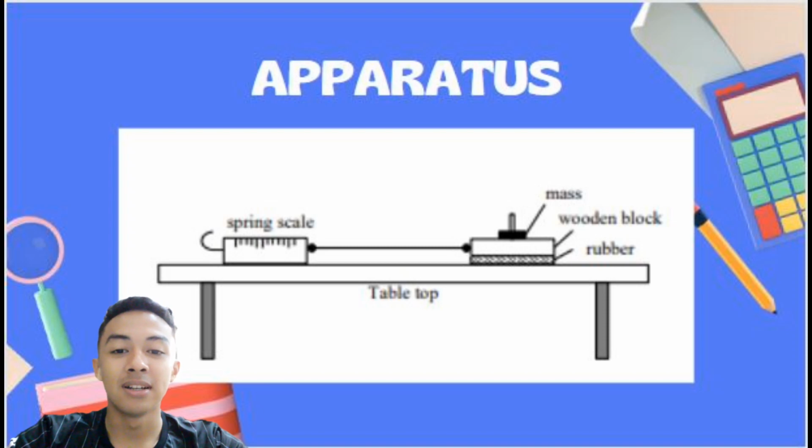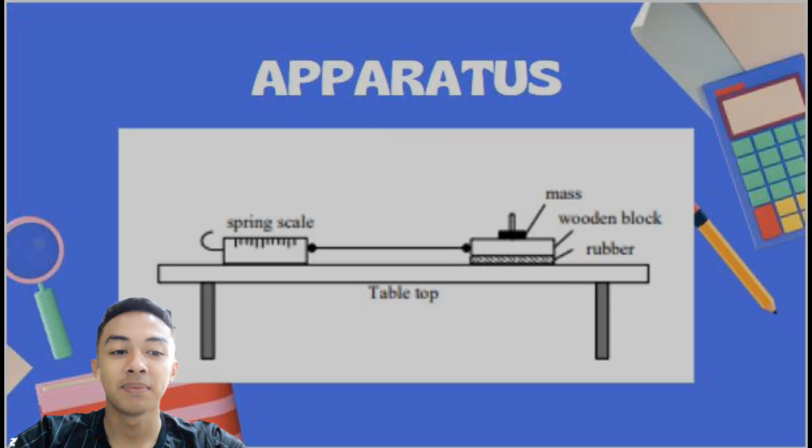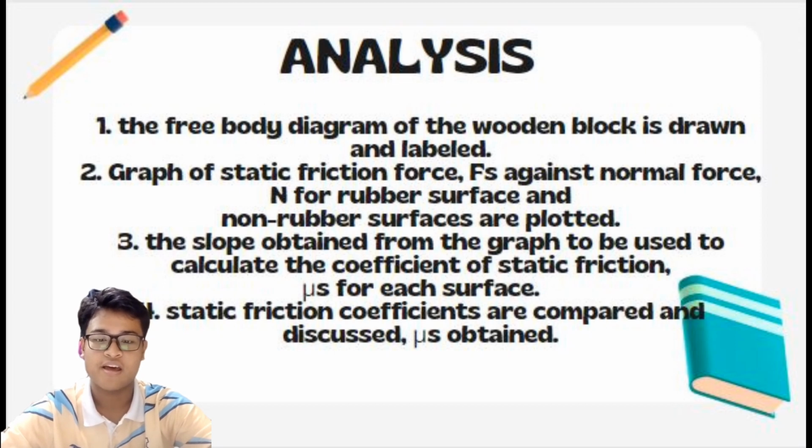As you can see, this is the apparatus for this experiment. Now, to show all of you the analysis of our experiment. First, we need to draw and label the free body diagram of the wooden block. Second, plot a graph of static friction force, Fs, against normal force, in Newton, for the rubber surface and non-rubber surface. Third, use the gradients obtained from the graph to calculate the coefficient of static friction, mu S, for each surface. Fourth, compare and discuss the coefficient of static friction,